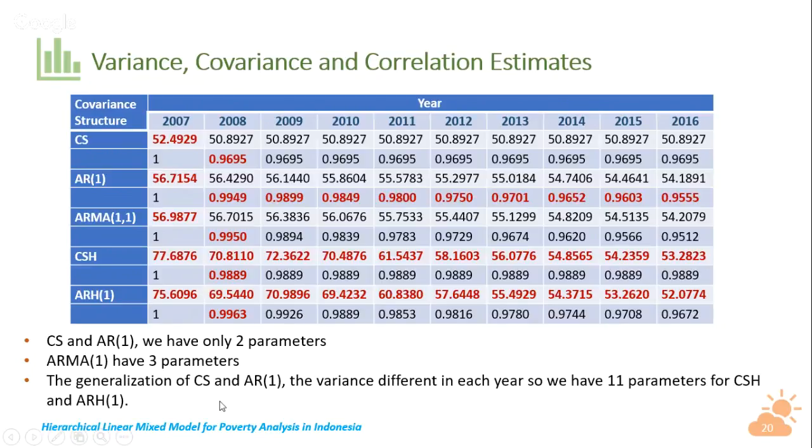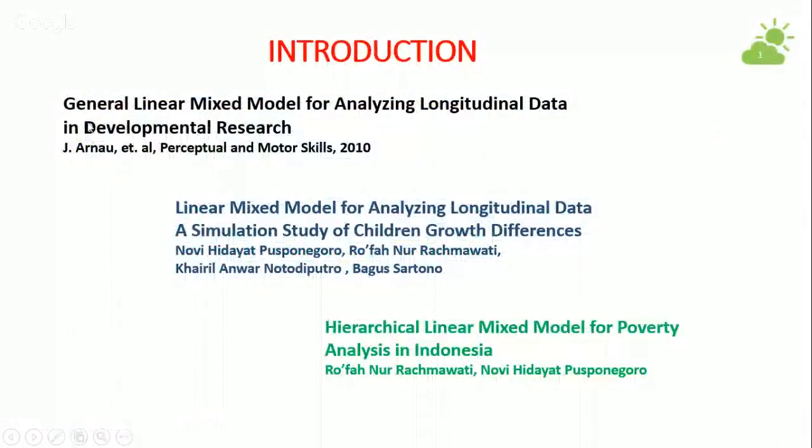Then from the 1000 replications we model the data with the five variance covariance structures, and we use three fit indices criteria, which I told you before: the minus two log likelihood, Akaike information criterion, and Bayesian information criterion,